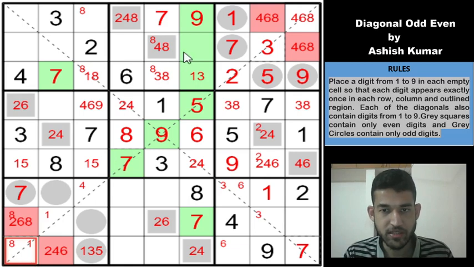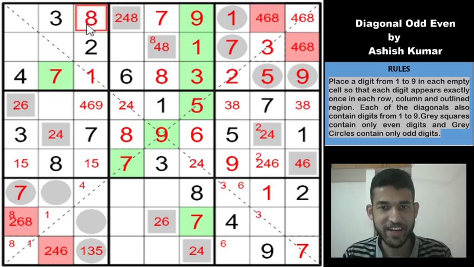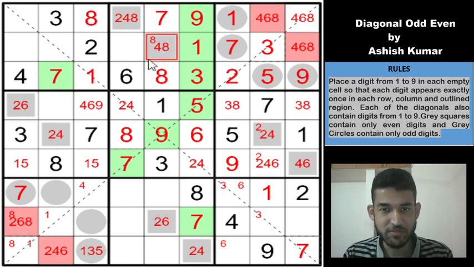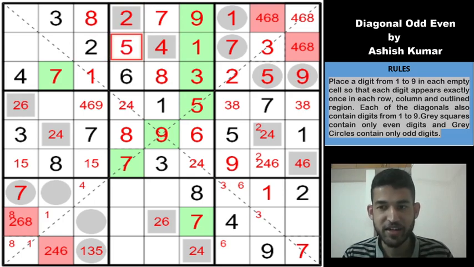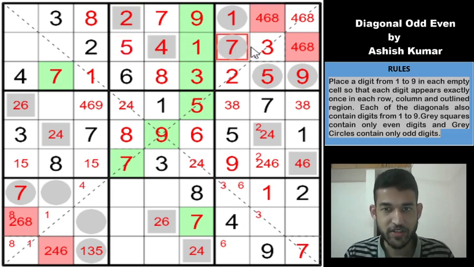This is an odd digit, so it cannot be 5, 7 or 9. So this would have to be 1 and 3, and this 3 gives us a 1 here and a 3 here, which means this is 8 and this is 1, and that pushes the 8 here. Because of this being even, this can only be 4 or 8, so this now must be a 4. And because of this 2, we get a 2 here and a 5 here. We are getting quick digits, guys. So 1, 2, 4, 5, 3 and 7. So remaining are 6, 8 and 9.